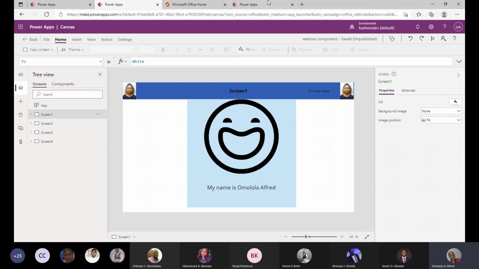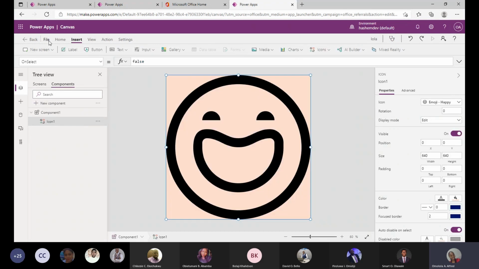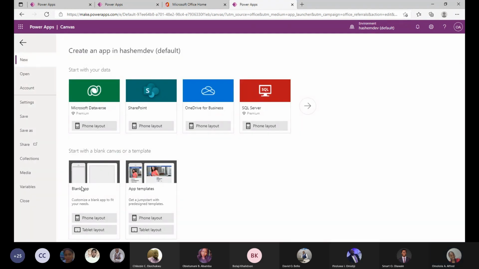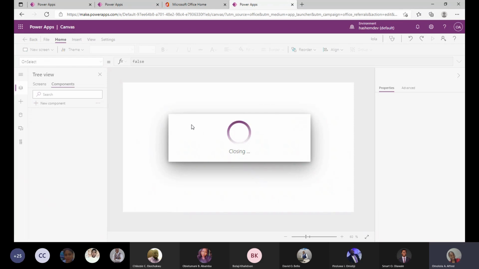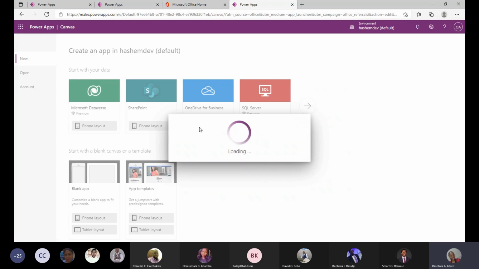The first approach we'll be looking at today is building a component straight from your app. So let's say you want to start building an application using Canvas app. If you come straight to new here, you go to, I want to use tablet layout rather. All right, so once it opens,